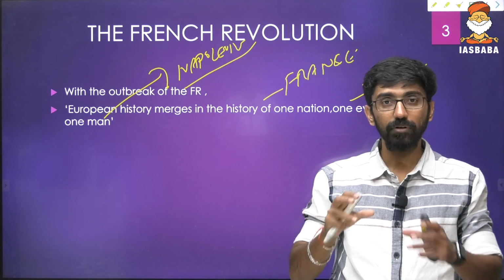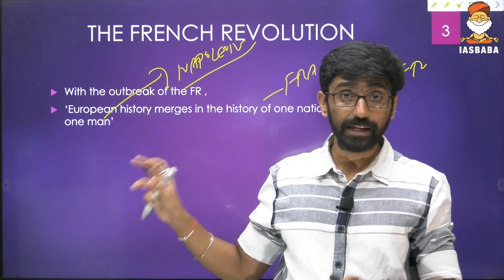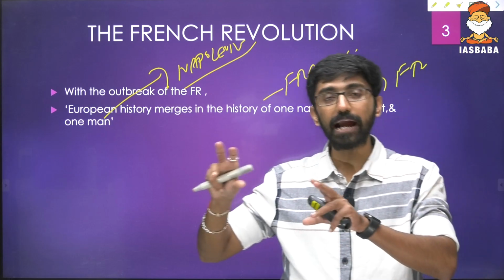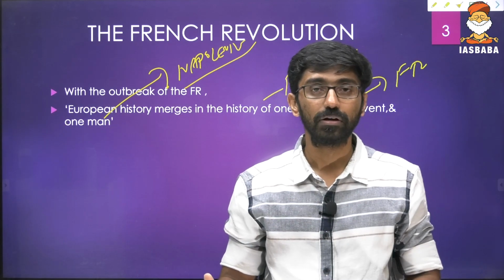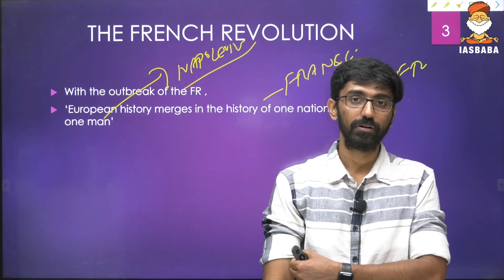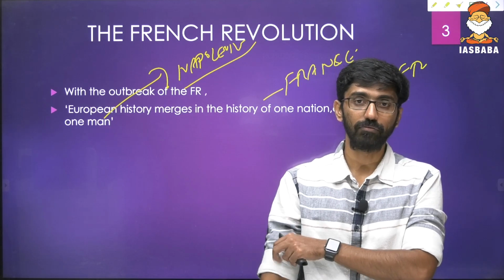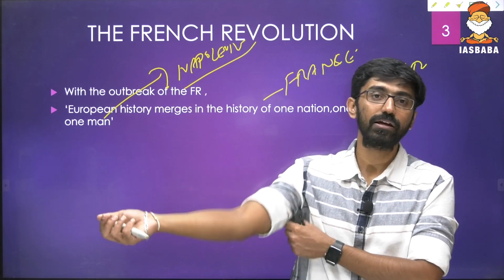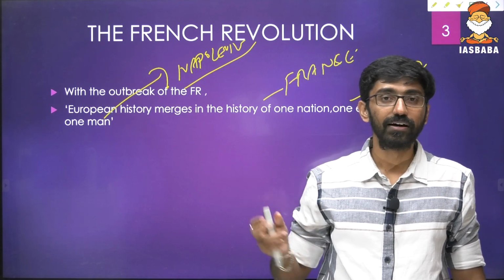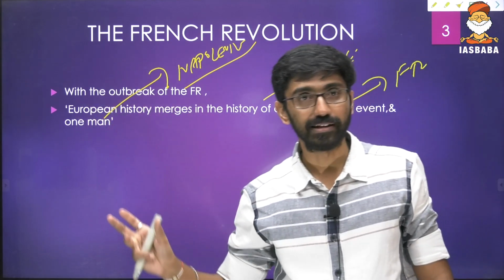Some of the events that happened in France, not just in 1789 but also in 1830 and 1848, were a direct result of this one revolution. And that had reverberations in other parts of Europe also. If a revolution happened in France, there used to be revolutions in other parts of Europe. One of the chancellors of Austria, Clemens von Metternich, said that when France sneezes, the rest of Europe catches cold. It means whatever happens in France is going to influence the rest of Europe.